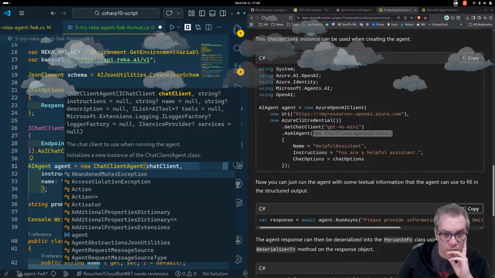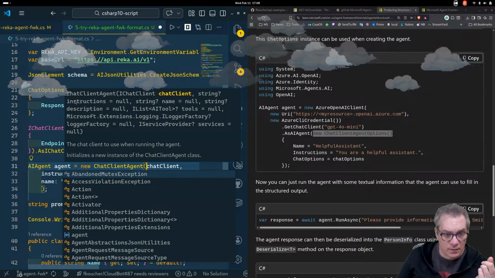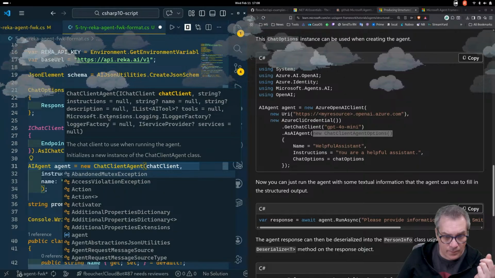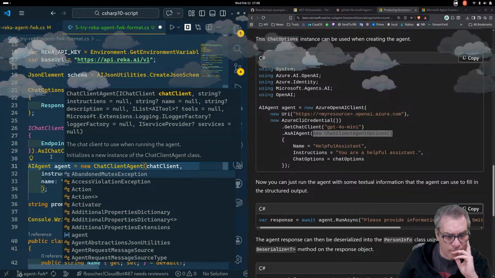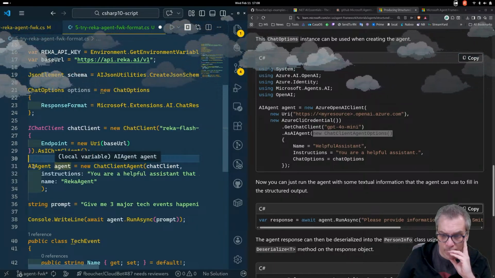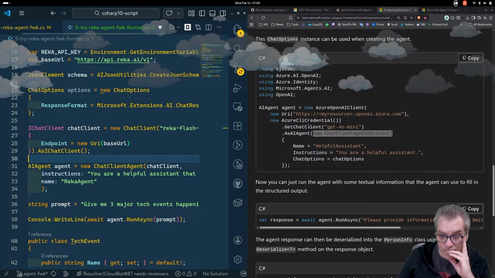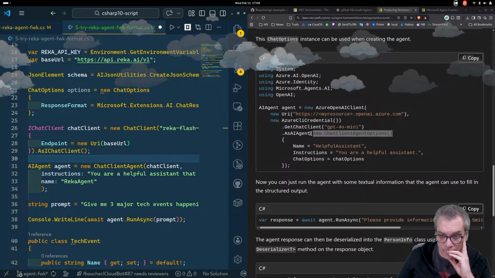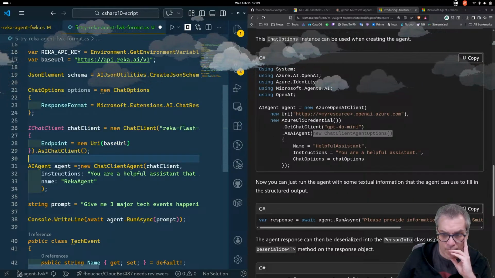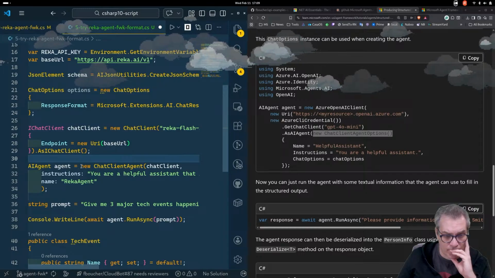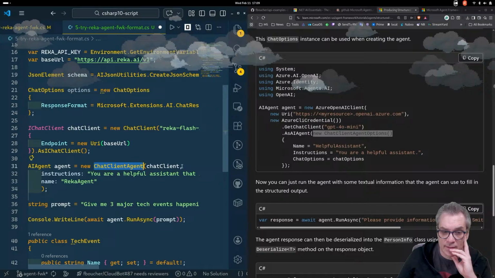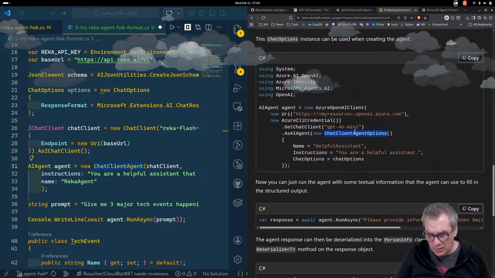Oh, so it's chat client, instruction, and so on. Oh, instead of doing that, I would do this one.